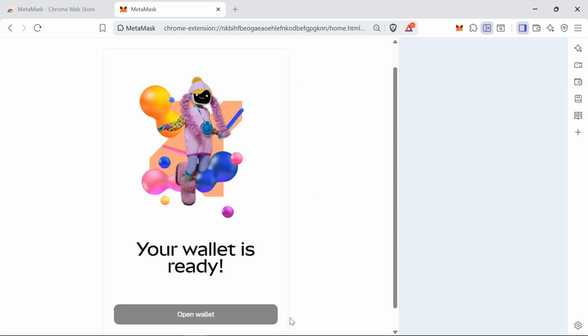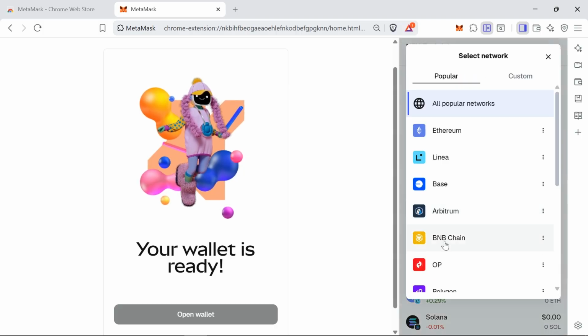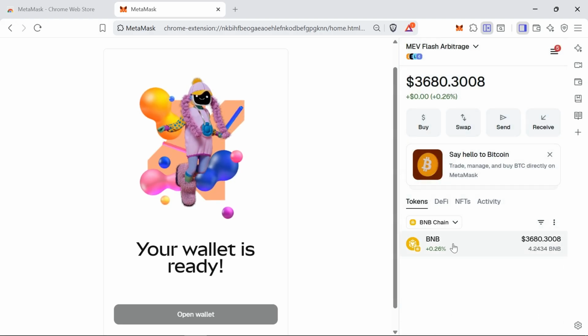As you can see, when the installation process finishes, your assets and all the coins supported by the wallet are displayed in this wallet. Now it's time to connect our wallet to the Binance network. Why? There are two reasons. One is that the gas fee on the Binance network is very low, and the second is that initial capital for the bot to arbitrage is provided.